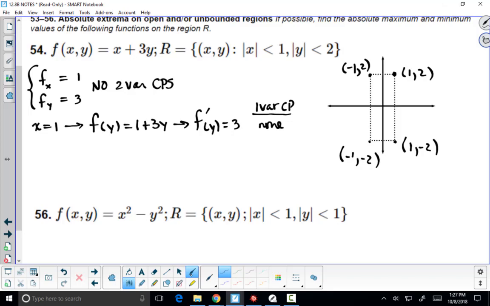Then we test the next edge. What's that? Y equals 2. Yes, y equals 2. That creates a 1 variable function. When y is 2, we get x plus 6. Take its derivative,